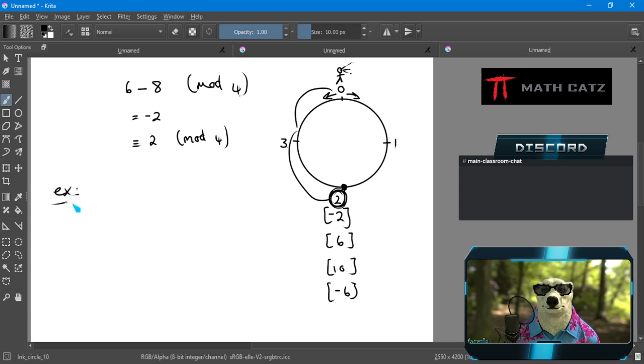If we take, for example, something bigger, let's do a multiplication maybe. 7 times 5 mod 12. Sure, why not? I do it just like I would normally. It's 35. I can write 35 because it is 35. But that 35 on the mod 12 circle has a specific representative. What is that representative?